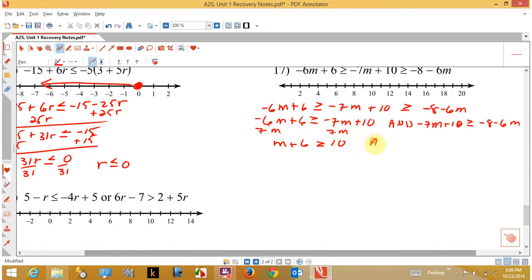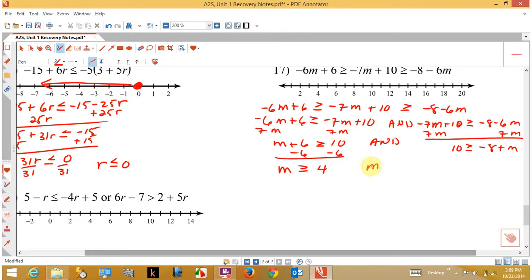And on the other side, I'm going to add 7m on this side too, and when I do that, I get 10 is greater than or equal to negative 8 plus m. Over here, let's move the 6 over, minus 6. So I got m is greater than or equal to 4,